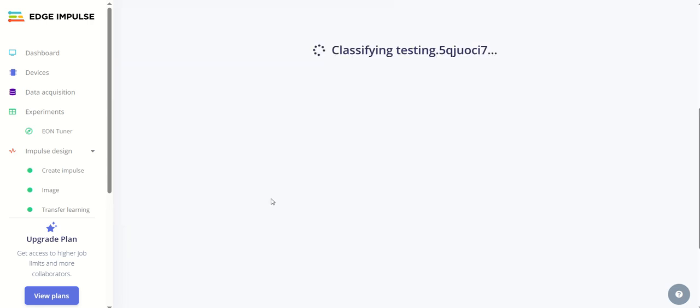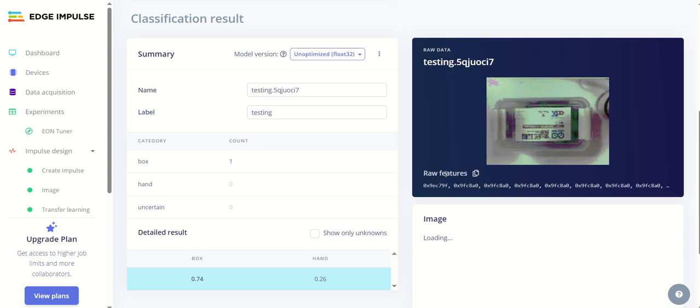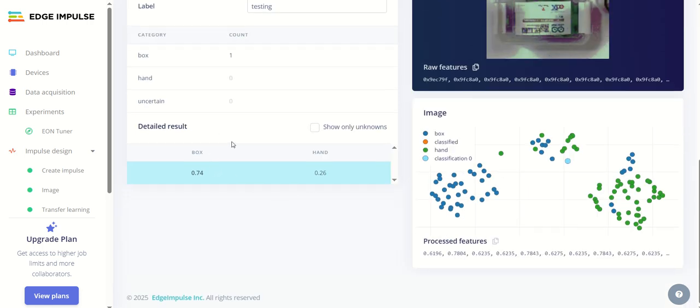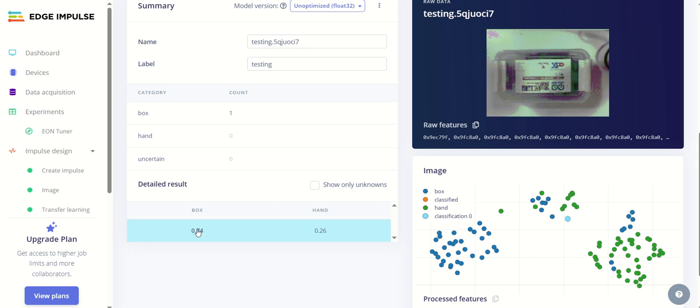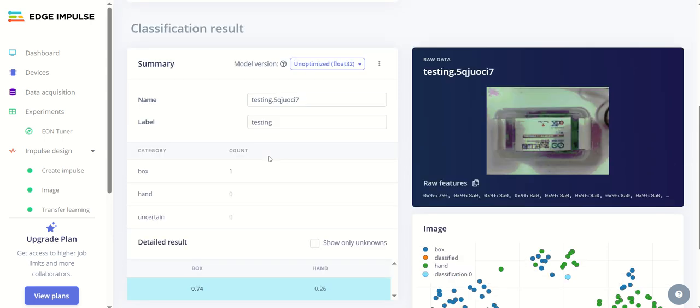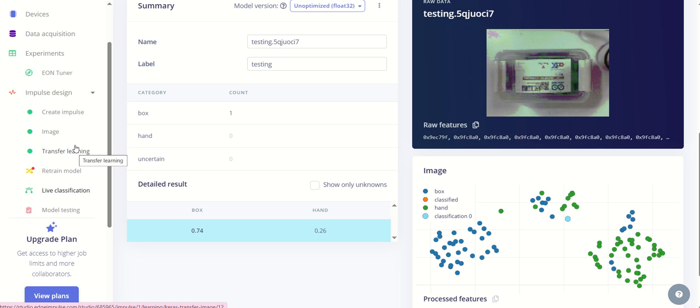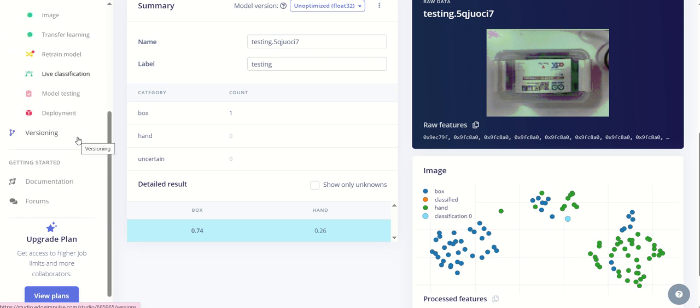Okay, the image has been captured. It's classifying that image, and yes, very good. So you can observe the result, which is almost 74% confidence, it has classified it as a box, which is a true answer. Okay, so this means your model is properly running, and now we want to deploy that model on our Nano